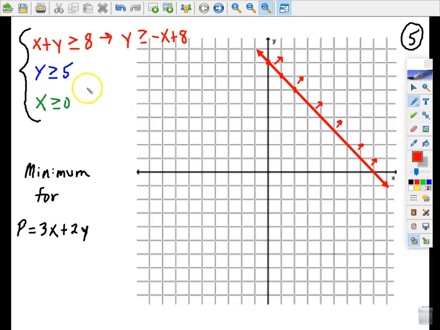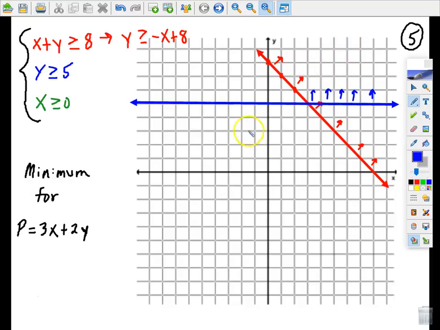Okay, and now let's take a look at this inequality y is greater than or equal to 5. Well, first of all, let's do the line y equals 5, which is right here. Just crossing 5 on the y-axis. And the greater than side for this blue line is the upper side. So we can see so far that our red and our blue shadings will converge in this area up here,